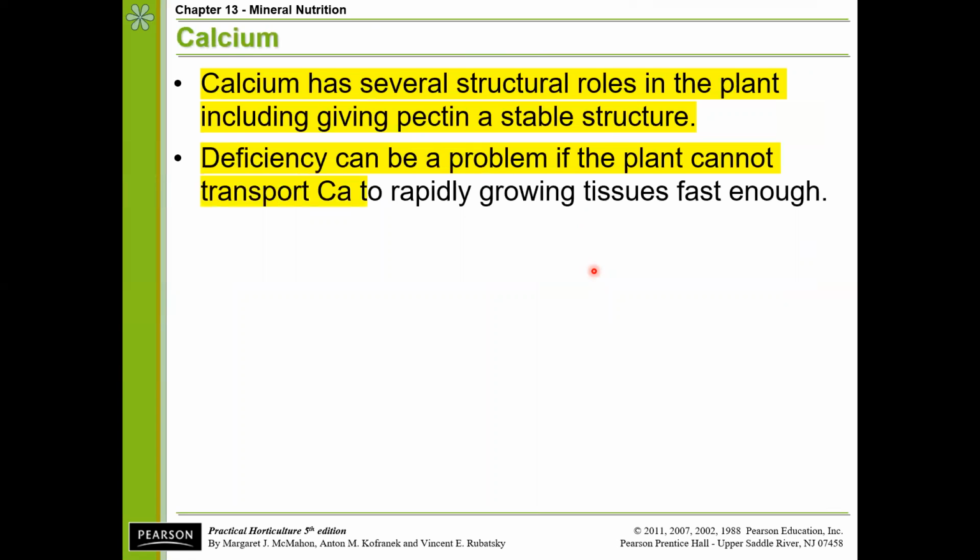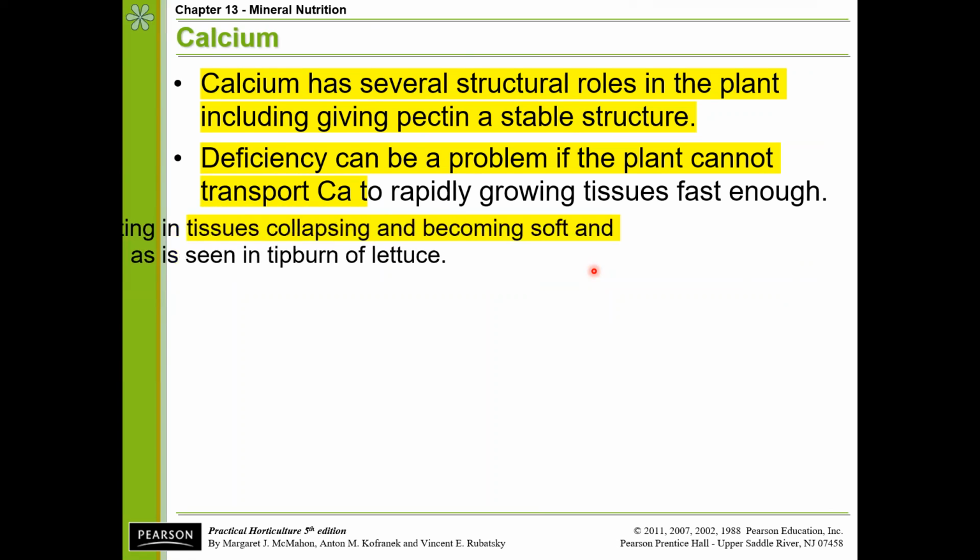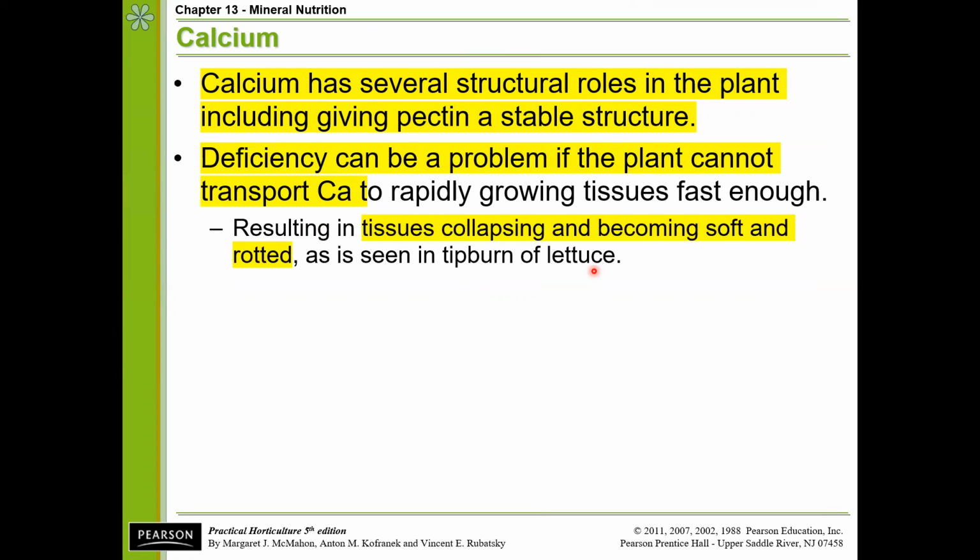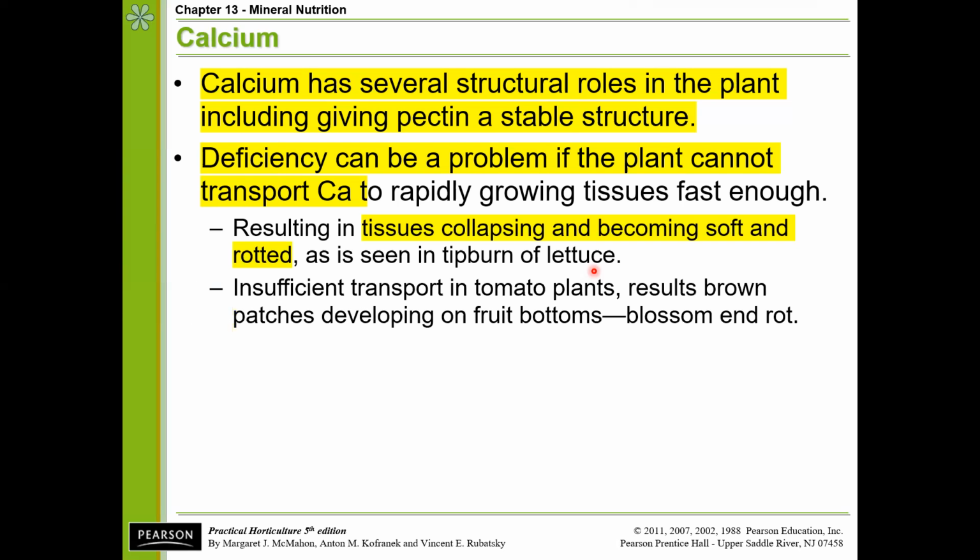Calcium, a kind of secondary macronutrient, has several roles, giving stable structure to the plant, and deficiency is a problem, not only just not having calcium, but also a problem if the plant cannot transport calcium to the rapidly growing tissues quick enough. And usually what we see for calcium deficiencies is tissues of fruit often collapsing and looking like they're becoming soft